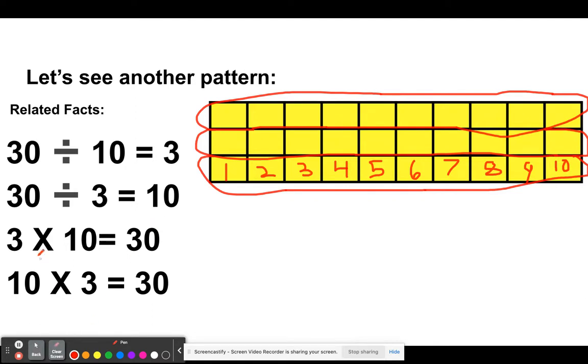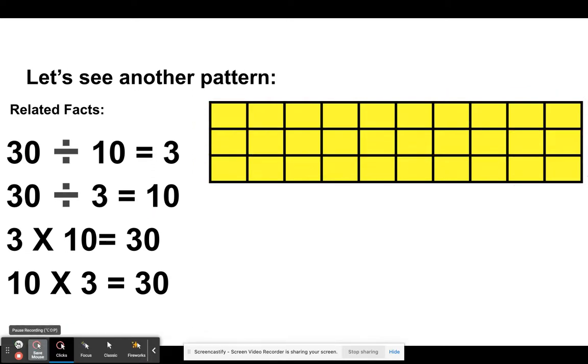Now let's look. I have 3 times 10 equals 30, and 10 times 3 equals 30. So notice, just by knowing 10 times 3 equals 30, I also know these other 3 facts. Those are our related facts. All right, so our goal today,